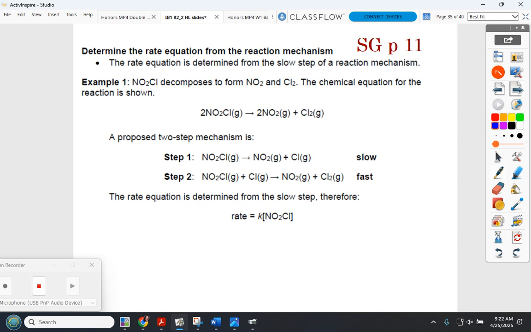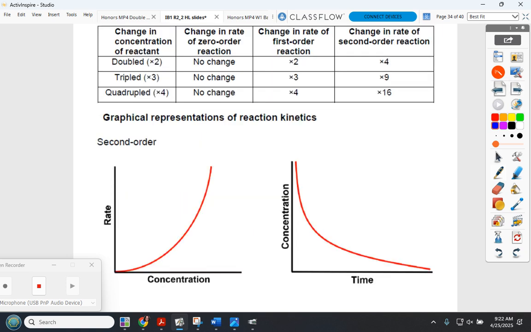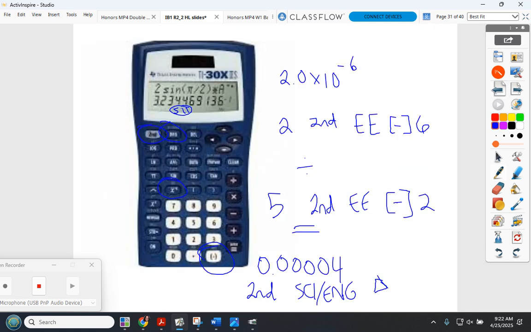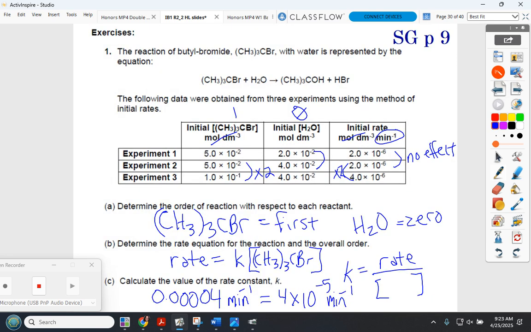Okay. To circle this back around to the reaction mechanisms that we started talking about in this unit, we can derive a rate equation for non-elementary reactions based on what we theorize as our reaction mechanism. The stuff that we're doing here, looking at the overall reaction, is only really going to work if we have an elementary reaction. Okay,